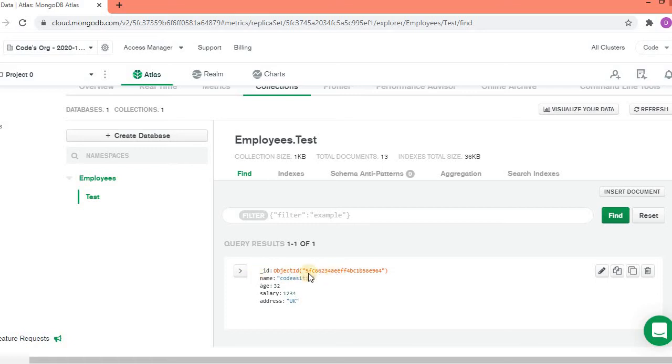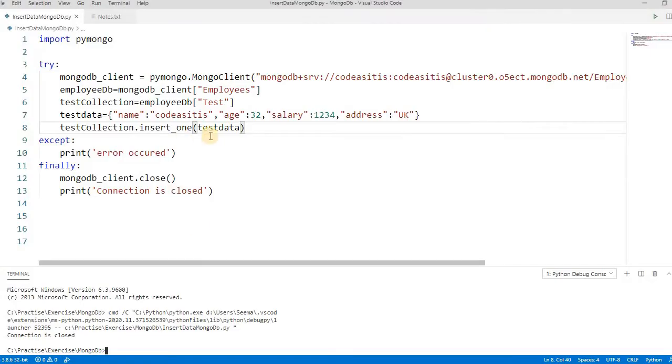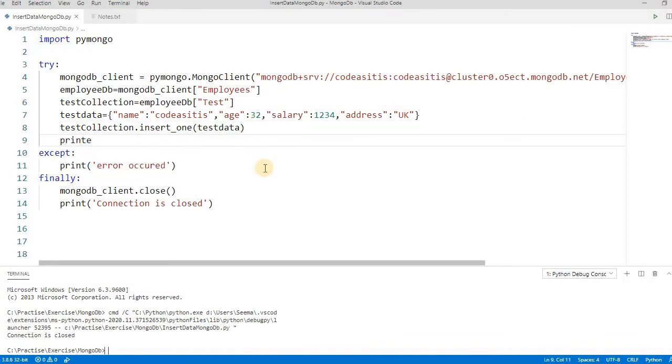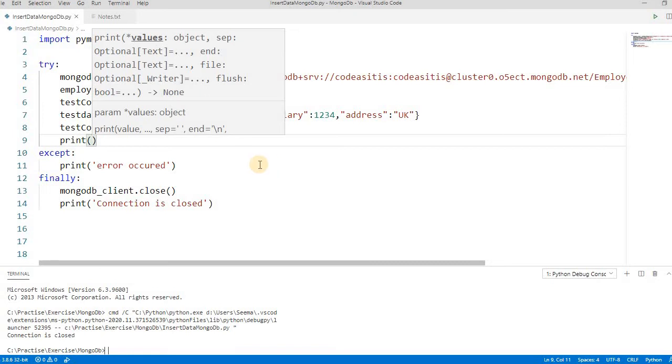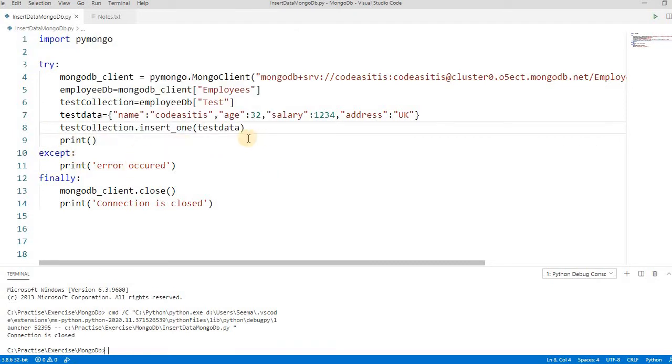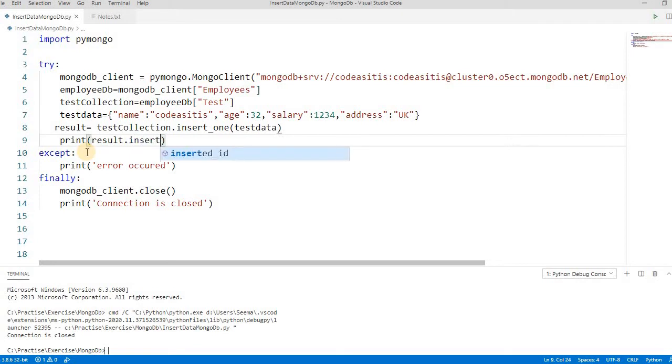But if you want to get this key, how do we get it? For getting the inserted ID, it's simple: we store the insert into result, and then print result dot inserted ID.